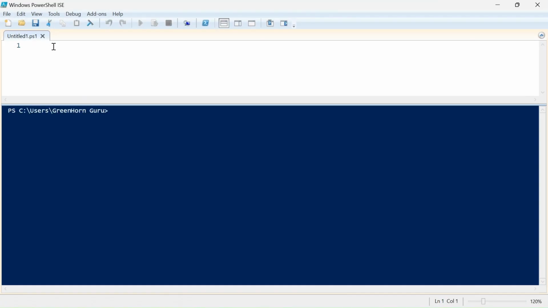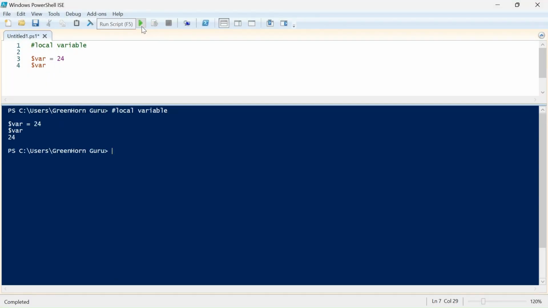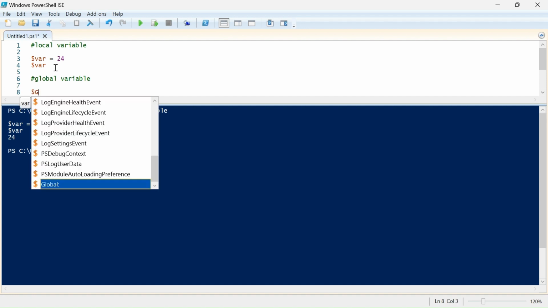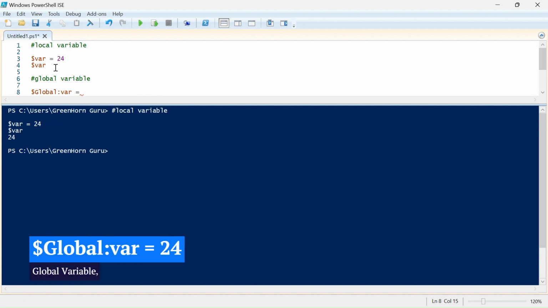Setting a local variable is just like setting a regular variable. In this example, we are setting a variable $var to a value which is 24. Calling that variable will give us a value of 24. The syntax for configuring a global variable is pretty similar to our previous examples about data types. We have to specifically indicate that this variable will be used as global. Once we run this code, variable 24 will be saved as global and can now be used by other PowerShell